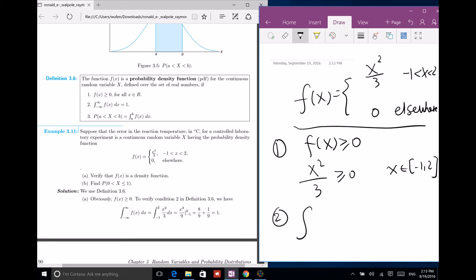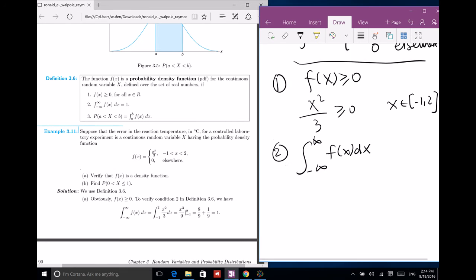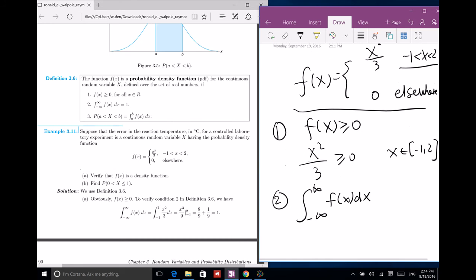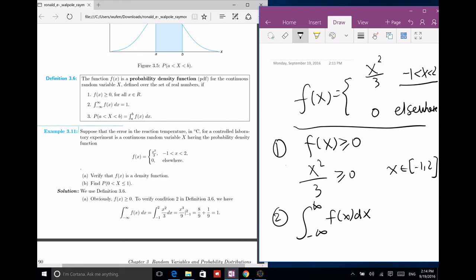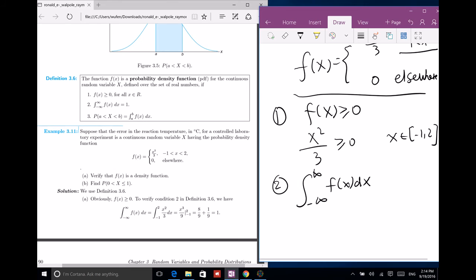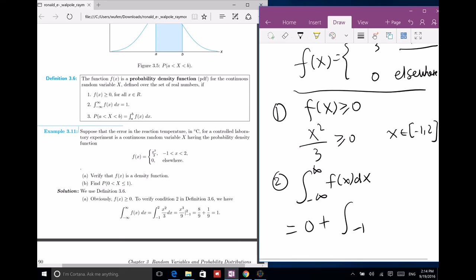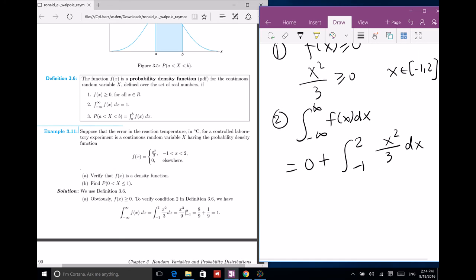Even if you write down the integral from negative infinity to positive infinity of f(x) dx, because elsewhere it only has value from negative 1 to 2, and elsewhere is 0, this equals 0 plus the integral from negative 1 to 2 of x squared over 3 dx, plus 0 elsewhere. Let's see what the integral is. It's x cubed over 3,